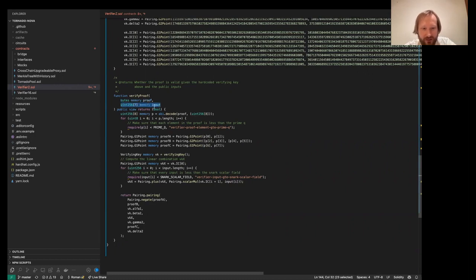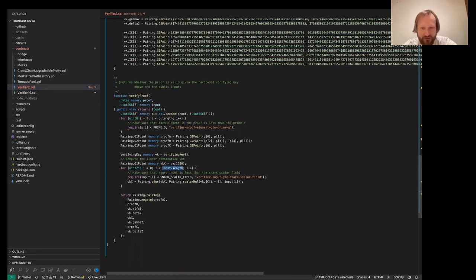And for each public input, it has to do one elliptic curve addition and one elliptic curve multiplication. So this is done for each public input in the Snark. And this costs around 6,000 gas per input currently.